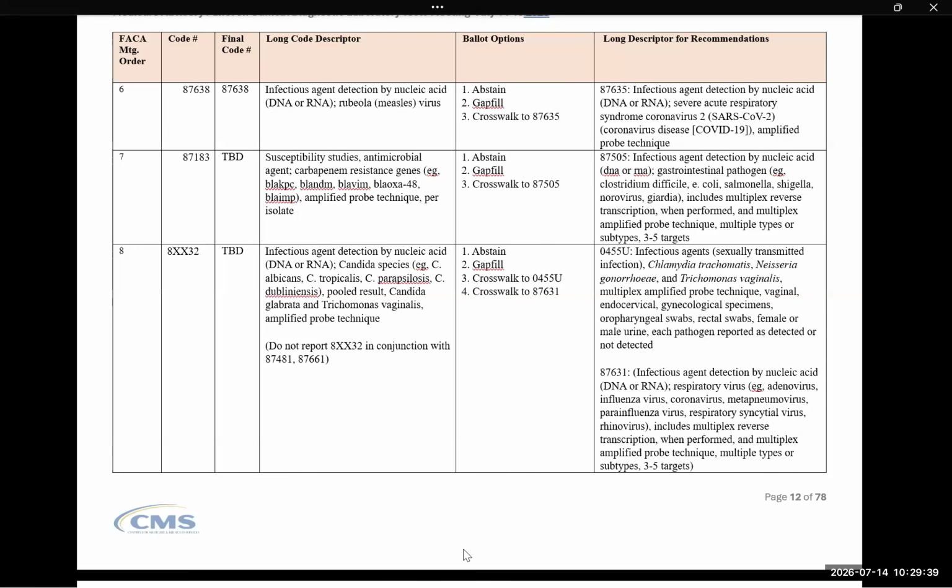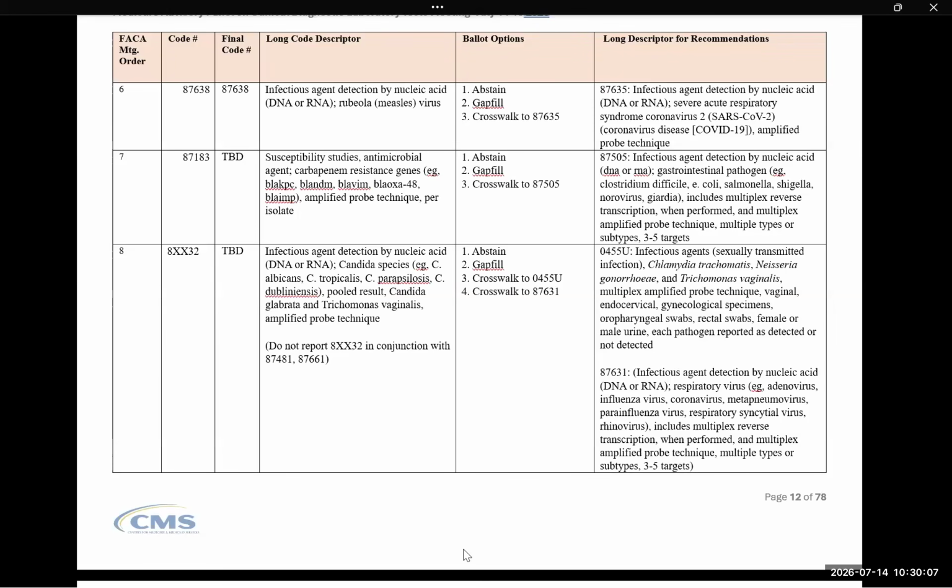Last year, the sponsor had recommended a crosswalk to 87505, which is the GI panel of 3 to 5 targets. And the test was finalized as a crosswalk to 87150, with a rationale that all 5 targets may not be run all the time. After discussion at the ALM last month, the sponsor is asking for a gap fill for this code, and multiple